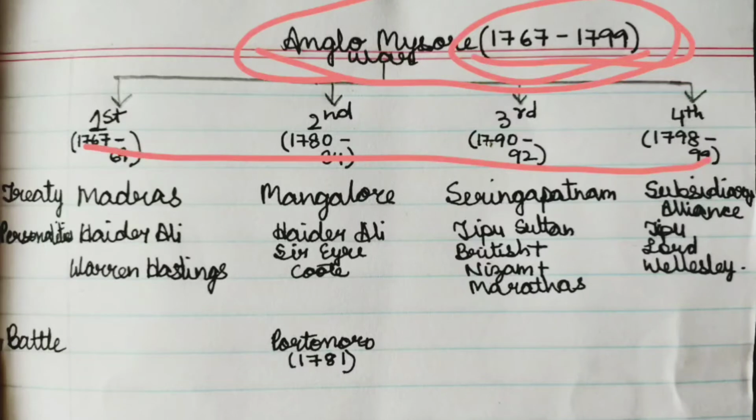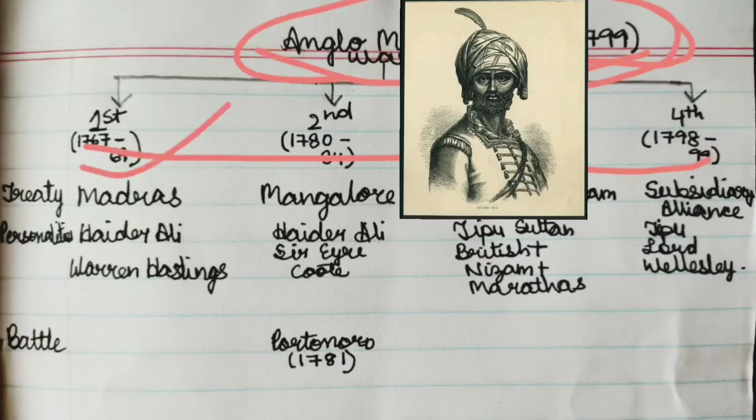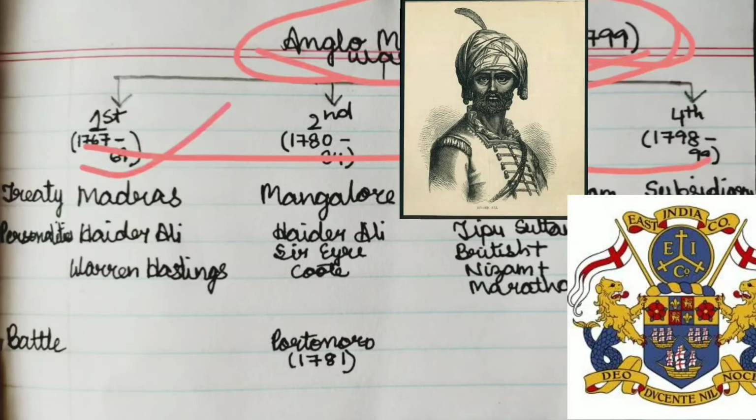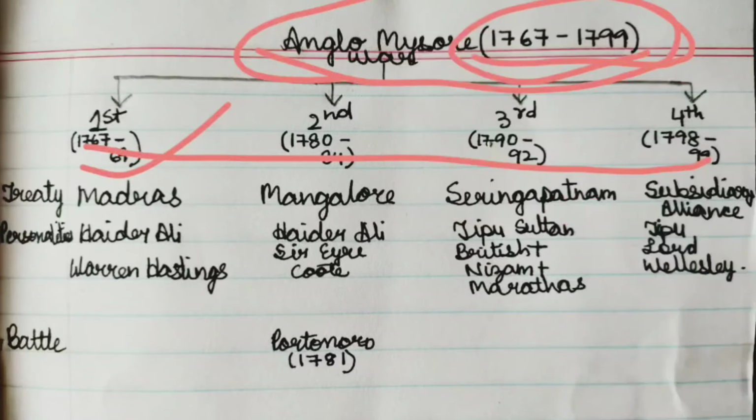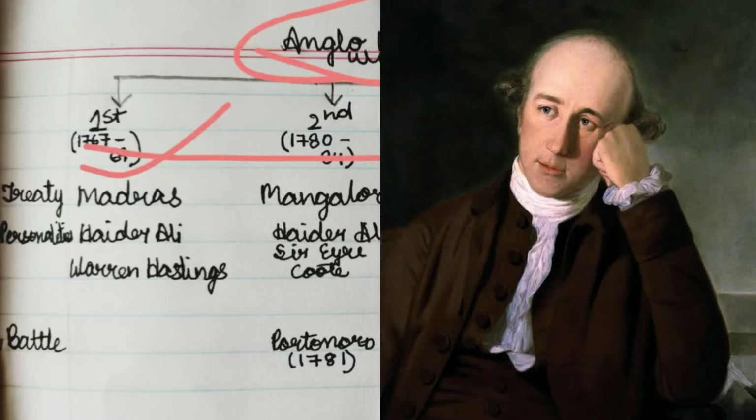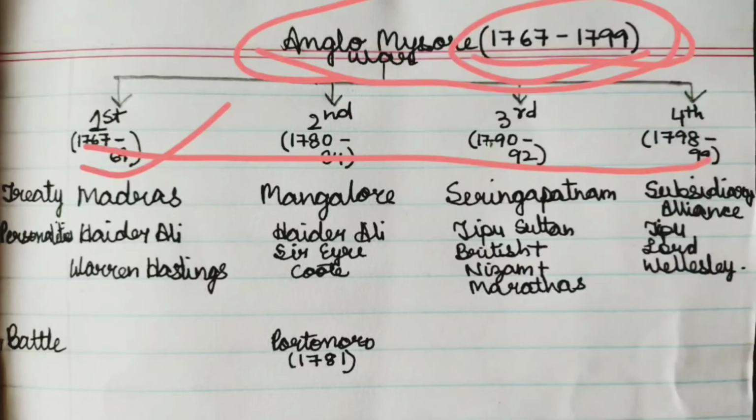See, first Anglo Mysore War starts with Hyder Ali, who decided to force away British from South India. Then British also wanted the expansion of their territory. So what did British do? British declared the war against Hyder Ali after forming an alliance with Maratha and Nizam. So Hyder Ali also declared the war against them and defeated EIC at many places, and he finally reached the walls of Madras. So Warren Hastings bribed Nizam with the cession of Guntur and then gained withdrawal from the anti-British